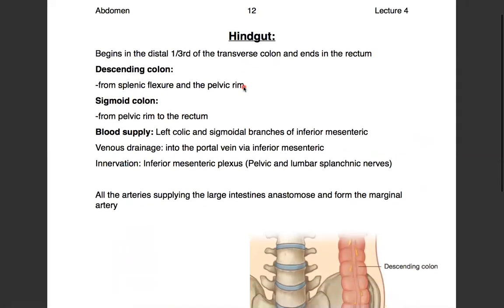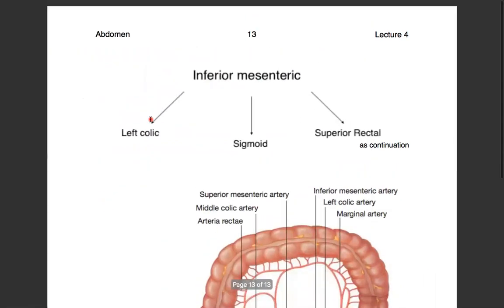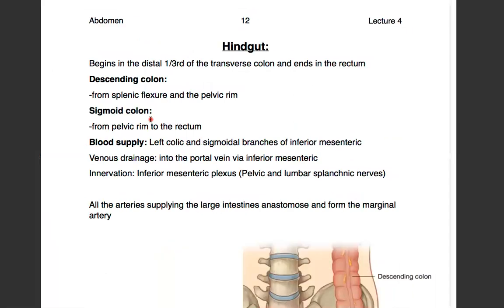Next in الهايند gut, which is the last one of the three. يلا الهايند gut بيبدأ من distal third of the transverse colon وبينتهي في الريكتم. So عندنا منه descending colon, sigmoid colon و beginning of the rectum. تمام؟